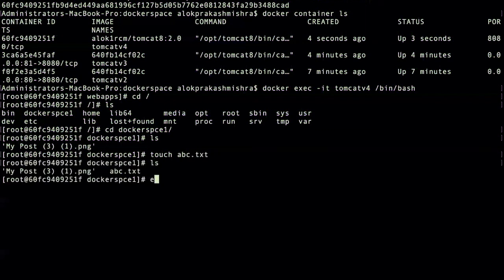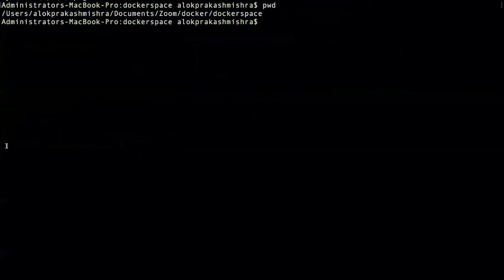So there are two files. Let me exit out. See here, you can see in your local docker space this file is present. So it is always helpful for you. If your container is deleted, then your file content will be retained.